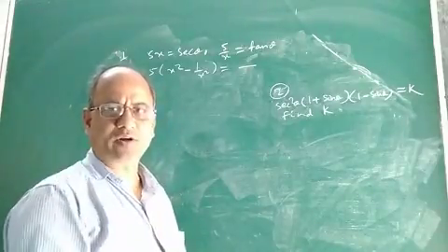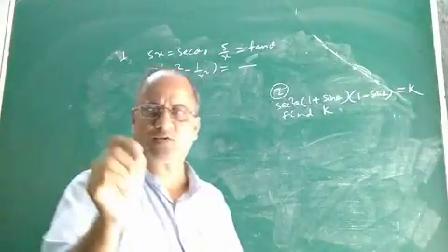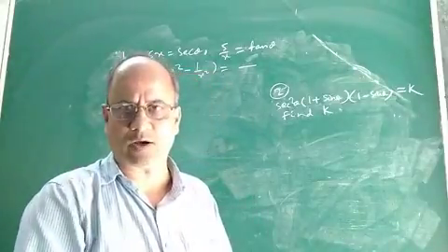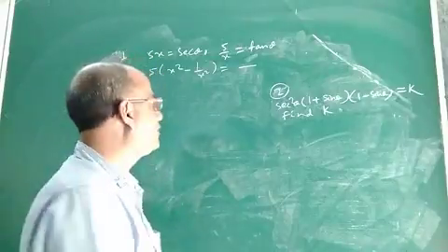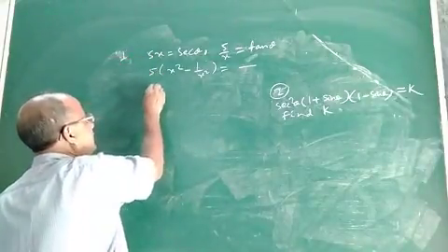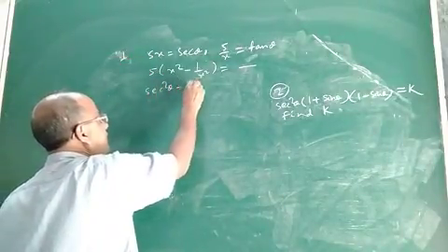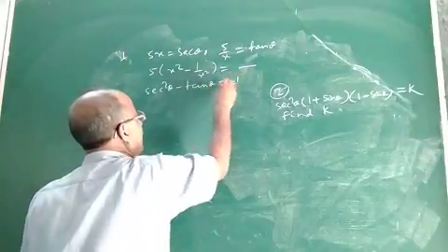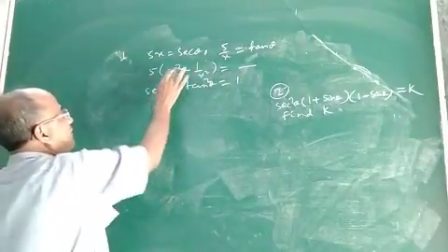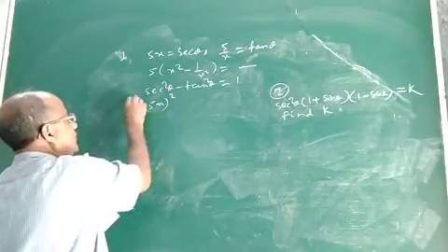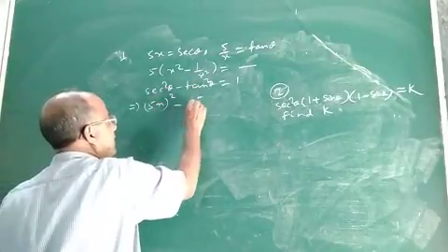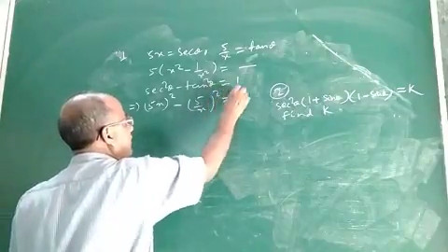See, what is the short trick? Children, you know the identity sec square theta minus tan square theta equal to 1. So if we apply that identity here, it can easily be found. Okay, so you apply the identity. We know that sec square theta minus tan square theta equal to 1. In place of sec square theta, it will be 5x whole square, minus 5 by x whole square, equal to 1.